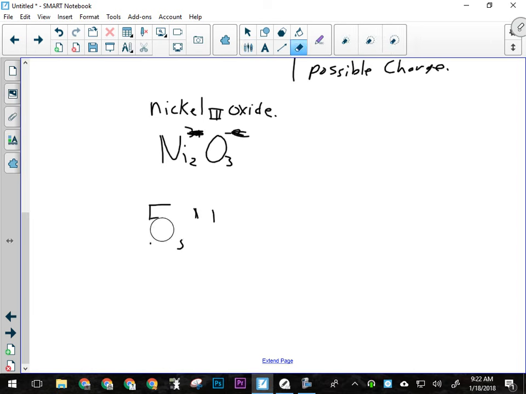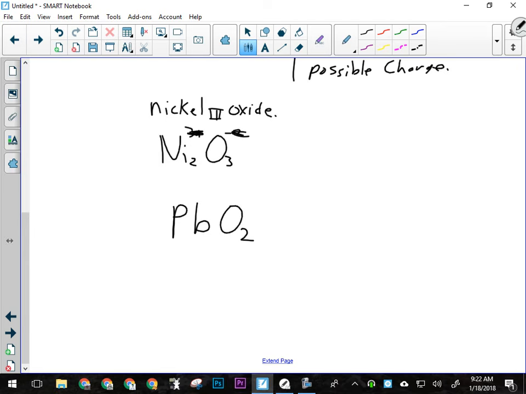I want to think of one that's a little tougher that actually has this exception in it. There, that's one that'll work. So I've got Pb, which is lead. Lead can be a 2 plus or 4 plus. And oxygen is always a -2. So I've got to figure out which Roman numeral I'm going to write on lead because I know the name is going to look like this. Lead something